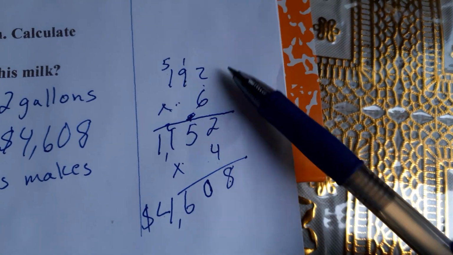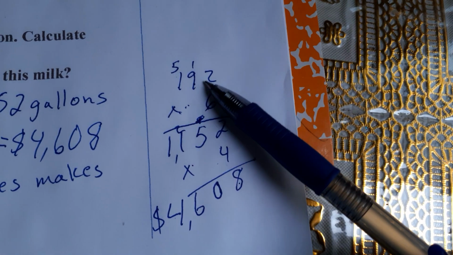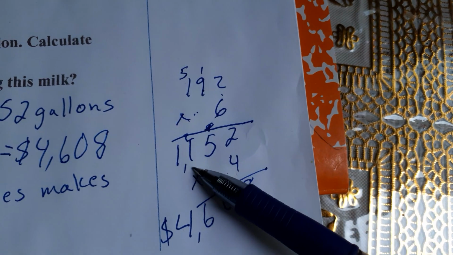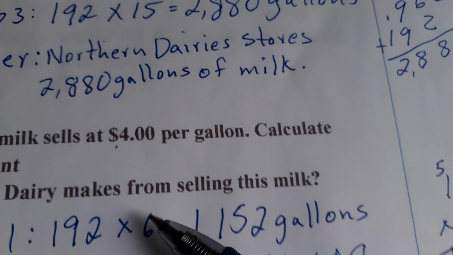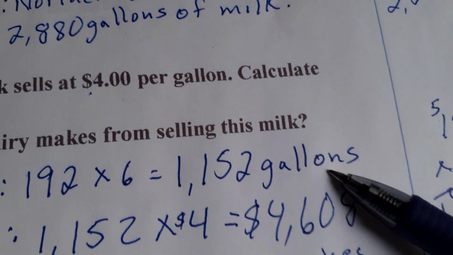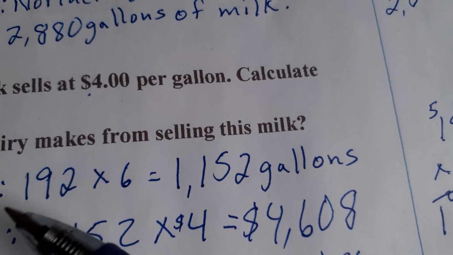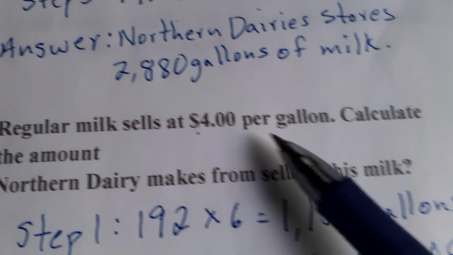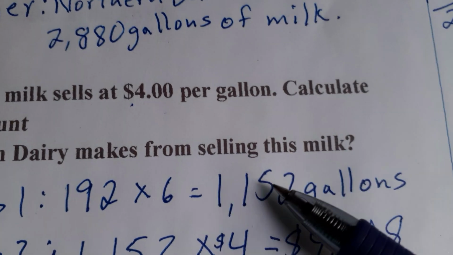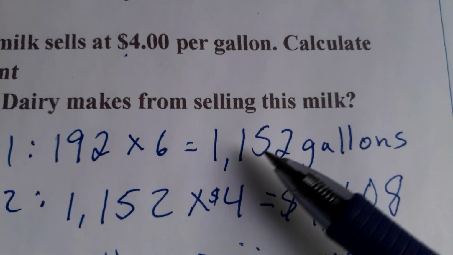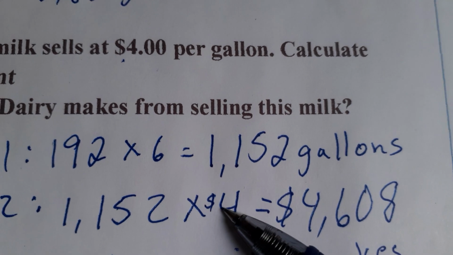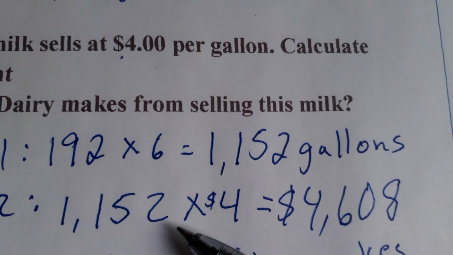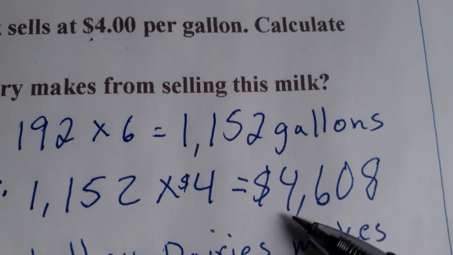Right here. 6 times 2, 12, carry the 1. 6 times 9, 54, and 1, 55. Carry the 5. 6 times 1, 6, and 5 is 11. So that's 1,152 gallons. That's how many gallons of regular milk they store. So if they have that amount of gallons, we now multiply the amount of gallons by the price per gallon, which is $4. So 1,152 gallons times $4 is going to give us